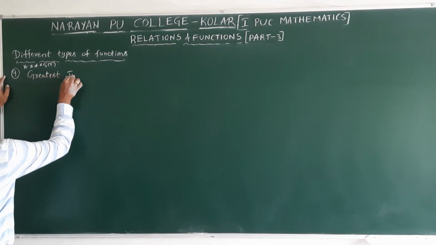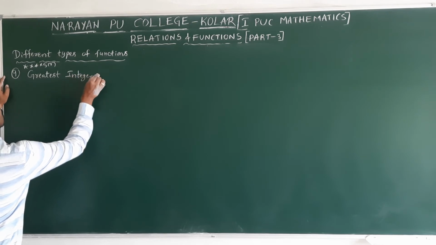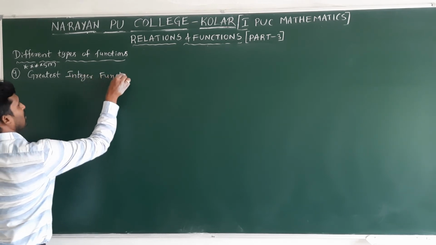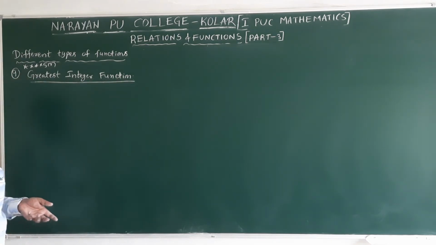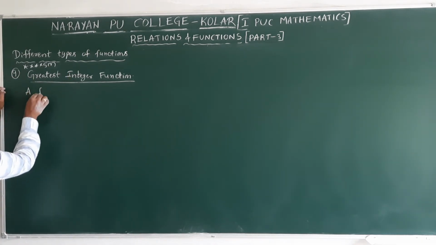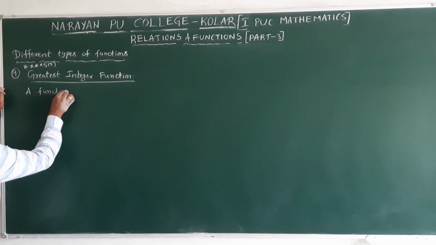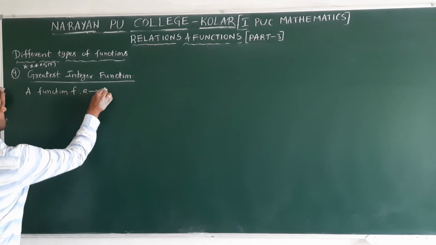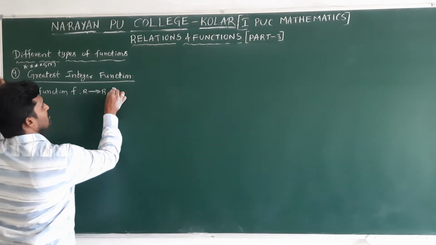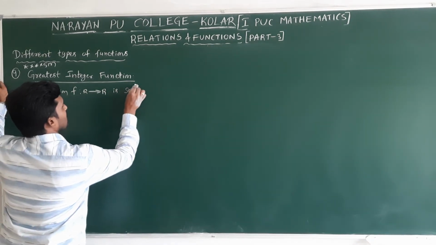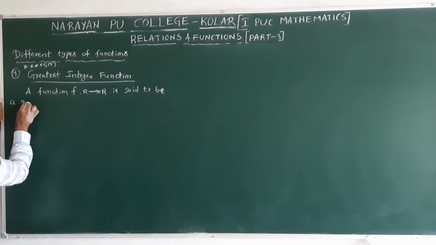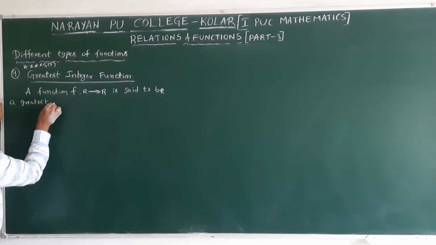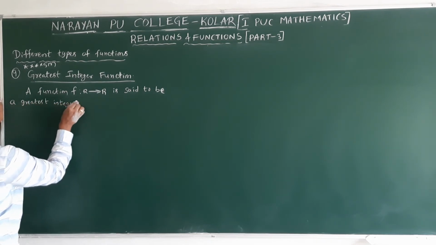Greatest integer function. In this name only, what is the nature of this function? It always gives an integer. Okay. A function f maps R to R is said to be a greatest integer function